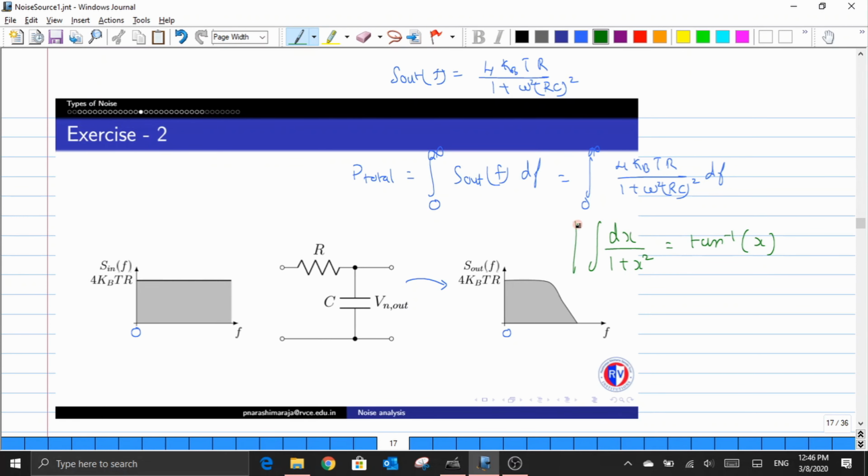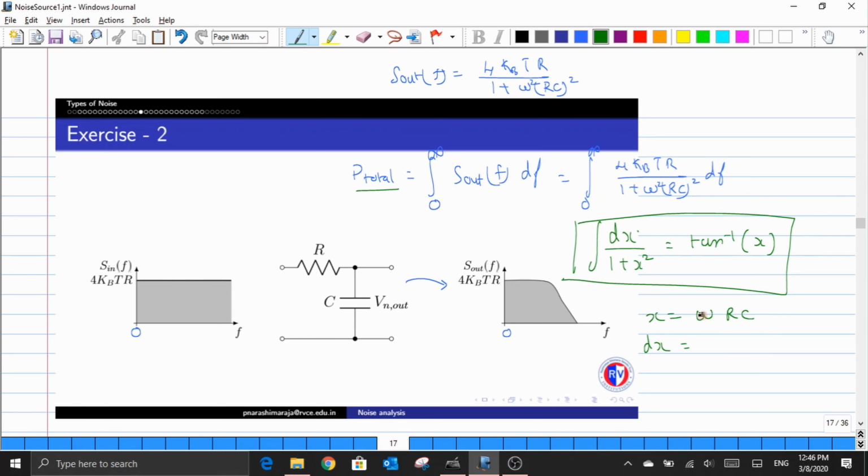So we'll be making use of this particular property over here. But before we do that, let us try to map the term x with respect to the expression that we have. So one could write, just by making a comparison, that the term x is given by omega times RC, and in the place of dx